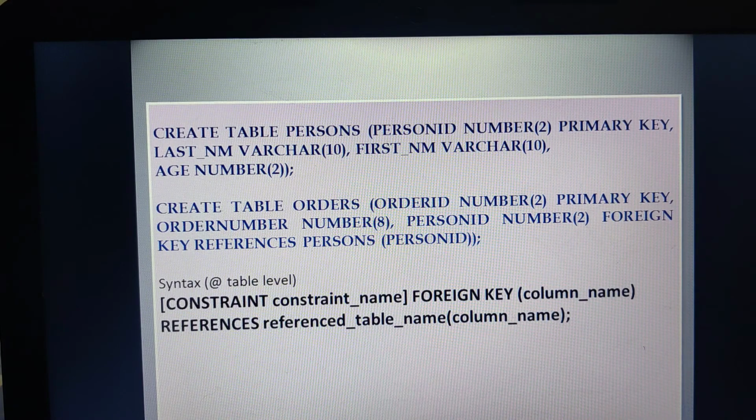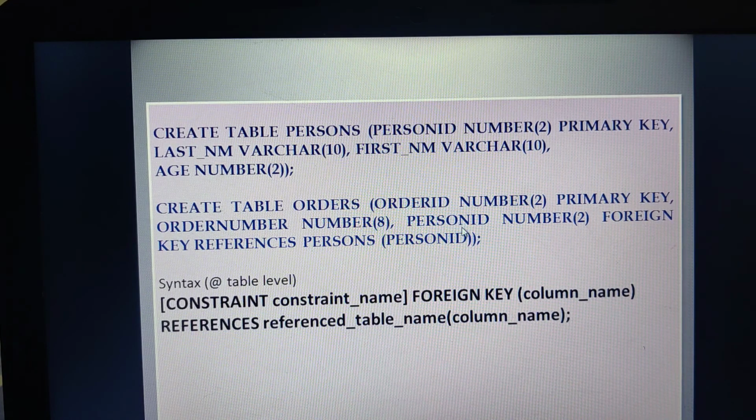I hope you are able to understand. So here I am taking this person ID and creating a column known as person ID. I'm fetching this person ID column from this table, so obviously this table becomes the parent table, and this table becomes the child table. That's how the relationship will exist when we have the common column name.